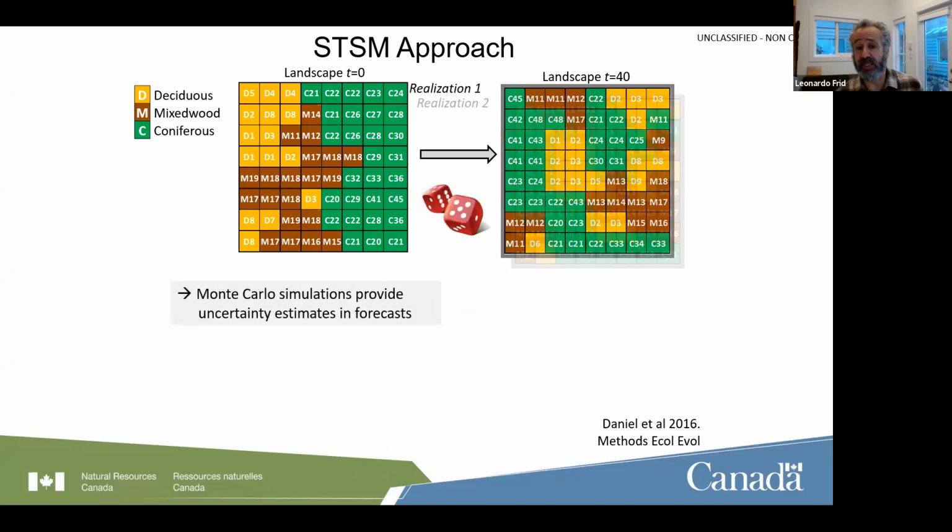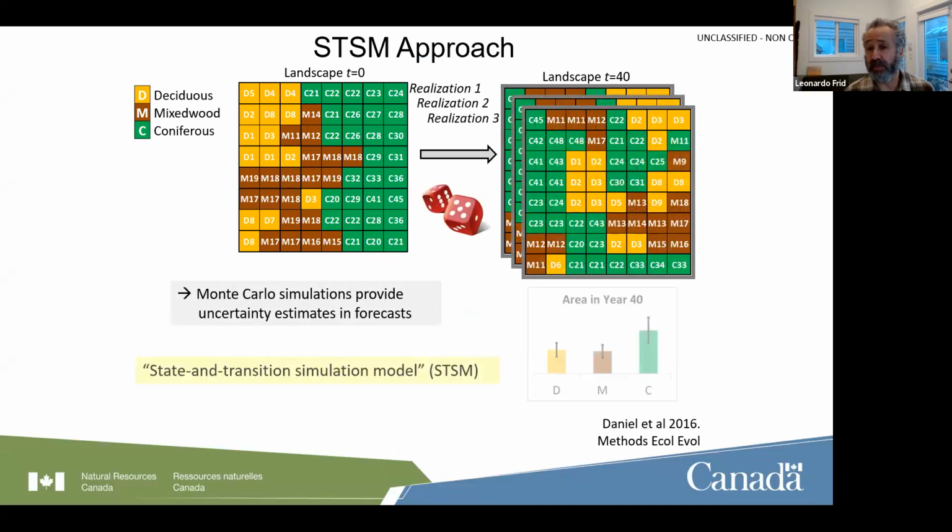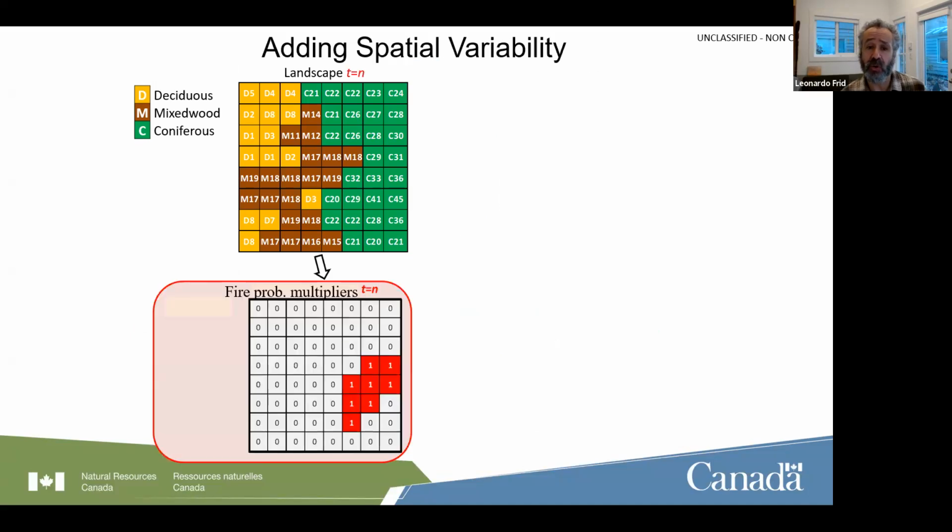Next slide. Now, because the process is stochastic, again, we run many Monte Carlo realizations. And so at the end of the simulation, you get not just a fixed estimate, but you also get a range of uncertainty around your projections for a particular landscape. Next slide. And so ultimately, at the end of the simulation, then you produce,